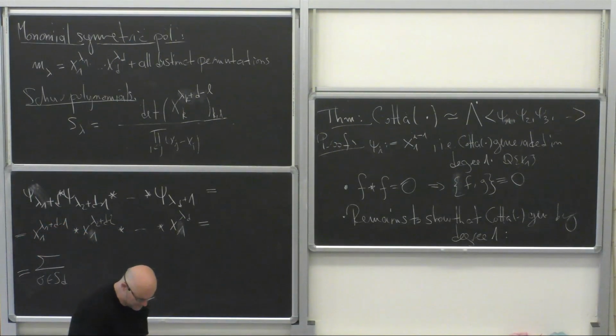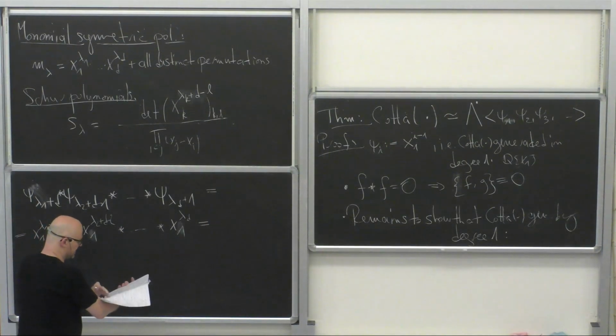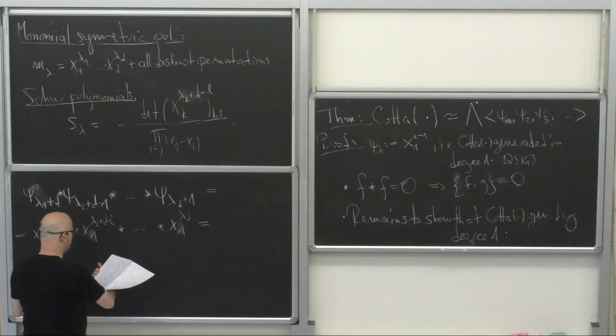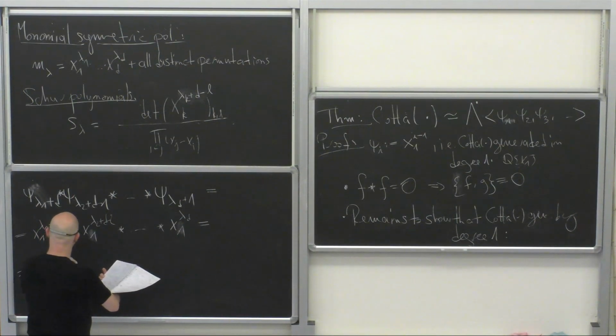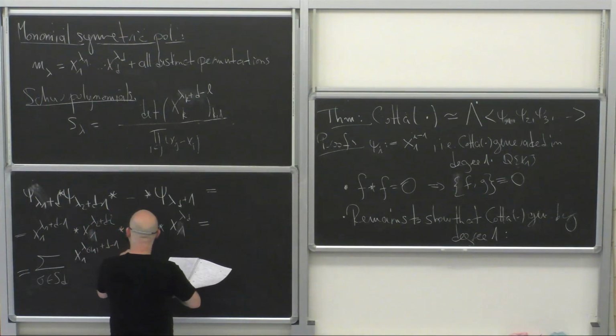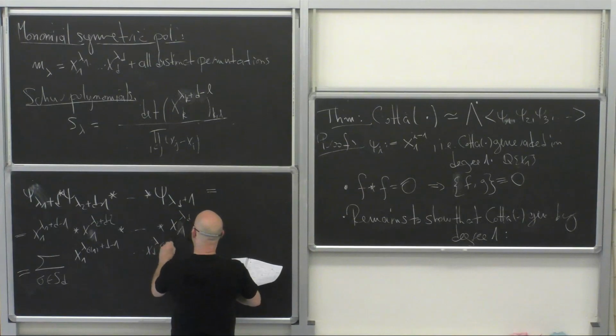And then we take this permuted thing: x1 to the lambda sigma 1 plus d minus 1 times xd to the lambda sigma of d, and then